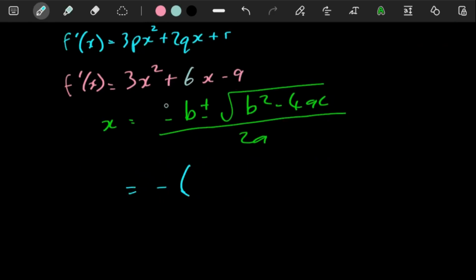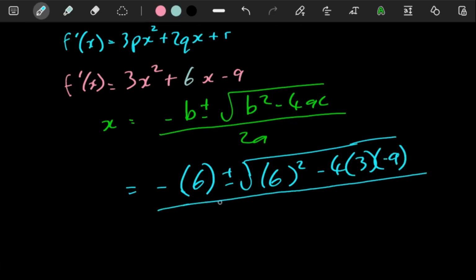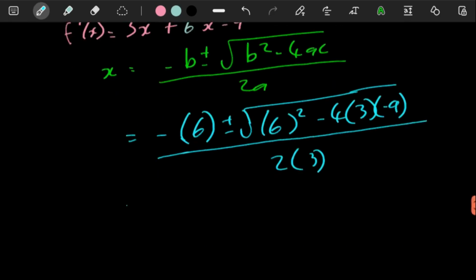Here you can take out a 3 as a common factor, but I always just use the quadratic formula because I'm like, quadratic formula gang. So 6 squared minus 4, A is a 3, C is a negative 9. And then what? A here is a 3. And then what? In the calculator, we're getting here,